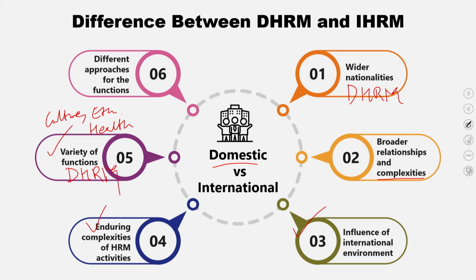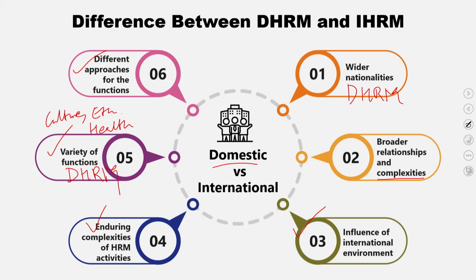When you look into another significant aspect, there are different approaches for the functions that we have just delineated. Something like recruitment, selection, induction, placements, training and development, salary and administration, or the benefits associated with that, retention management and maintenance. Domestic human resource management deals with employees from one country or single race, whereas international human resource management is all about agreements with employees from typically different countries and multiple races. This is the categorical difference between both.